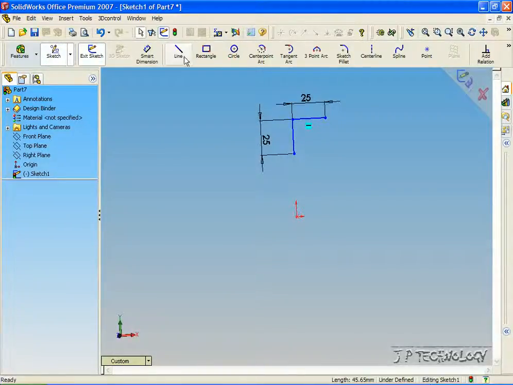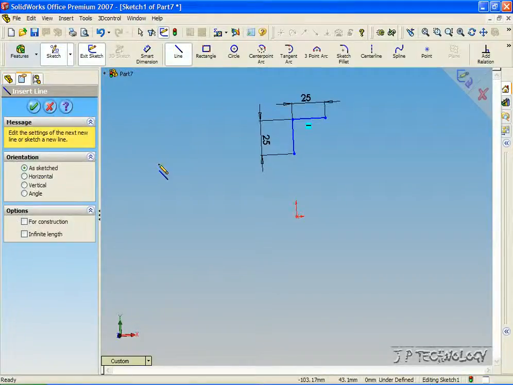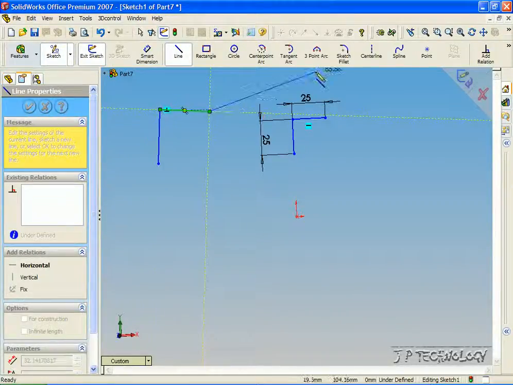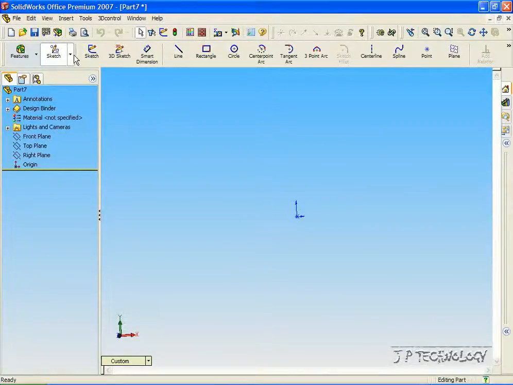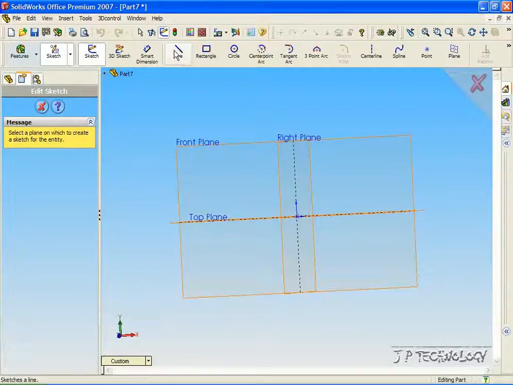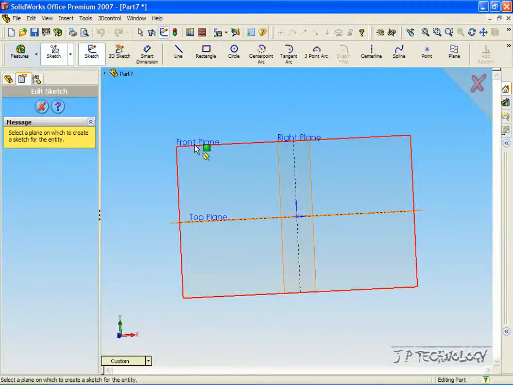Now if we wanted to do that the other way, we'd have to delete the whole thing and then go and sketch it out, such as that. So let's discard the sketch, and let's do another one. Click Sketch, click Line, click the front plane,